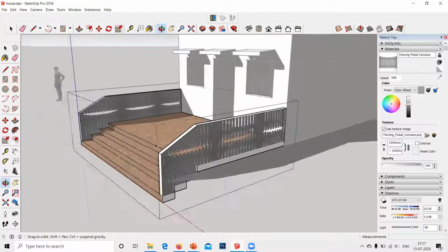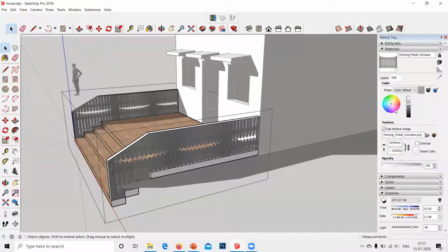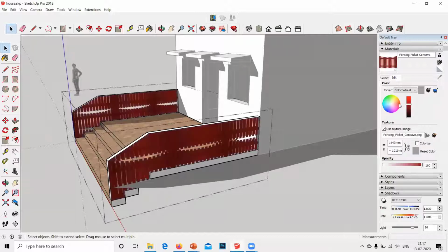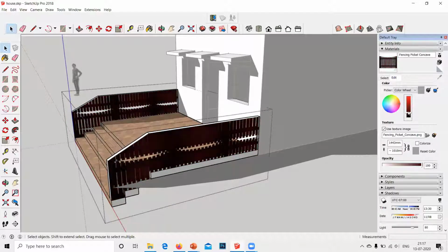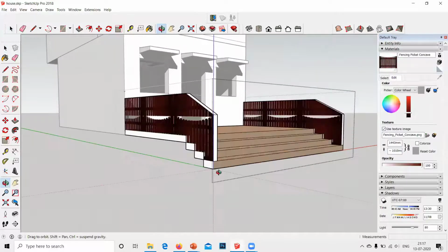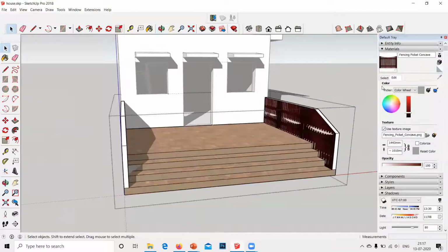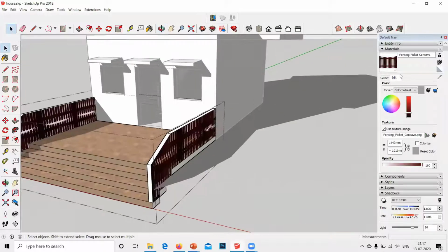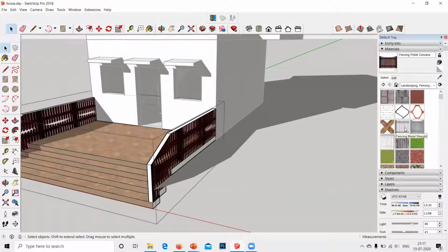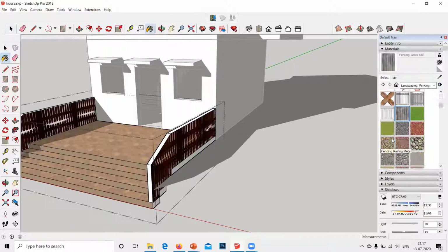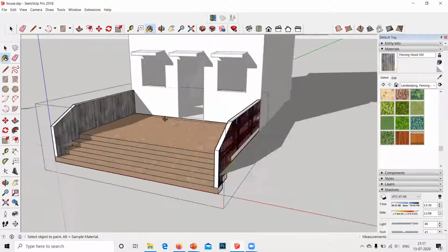Now even if you want to change the color of your fence, you can change it. There's this color picker wheel. I select this red color. Okay. And I choose a very dark shade. It looks like brownish something. I'm not very satisfied with my fence. I'll just go to the Select option and I'll select the easier fence. Okay, this is far better.